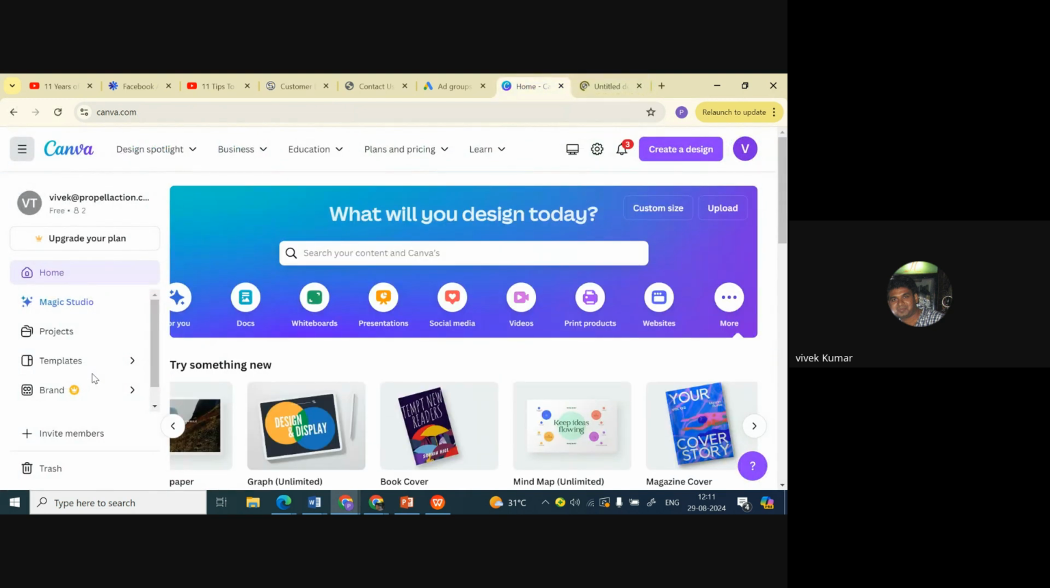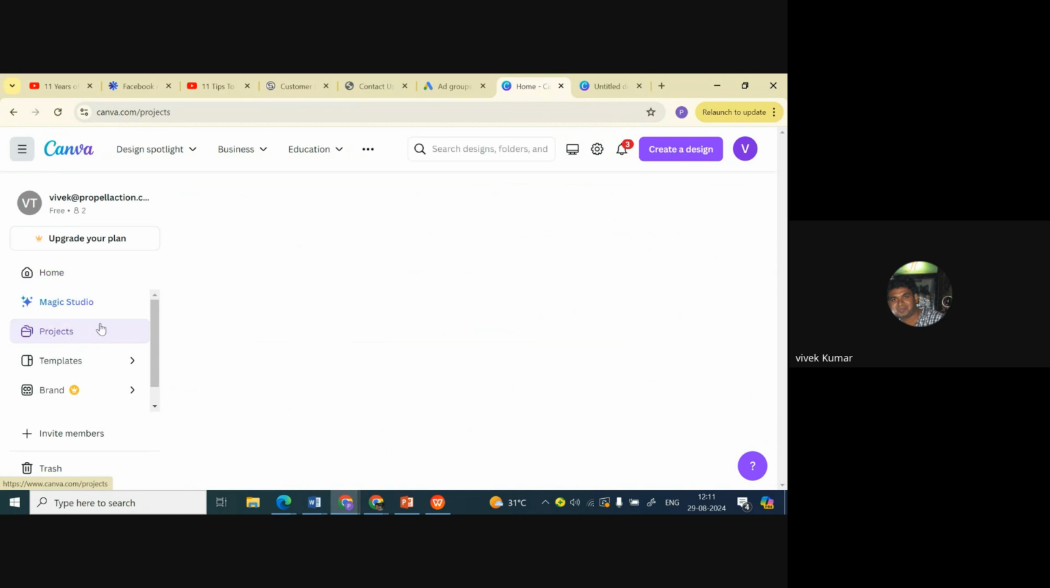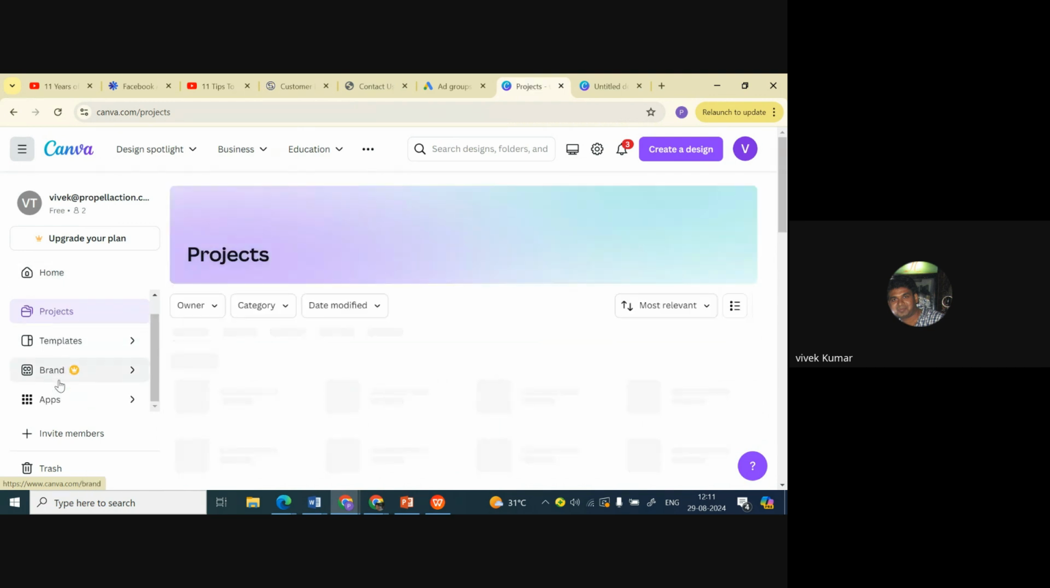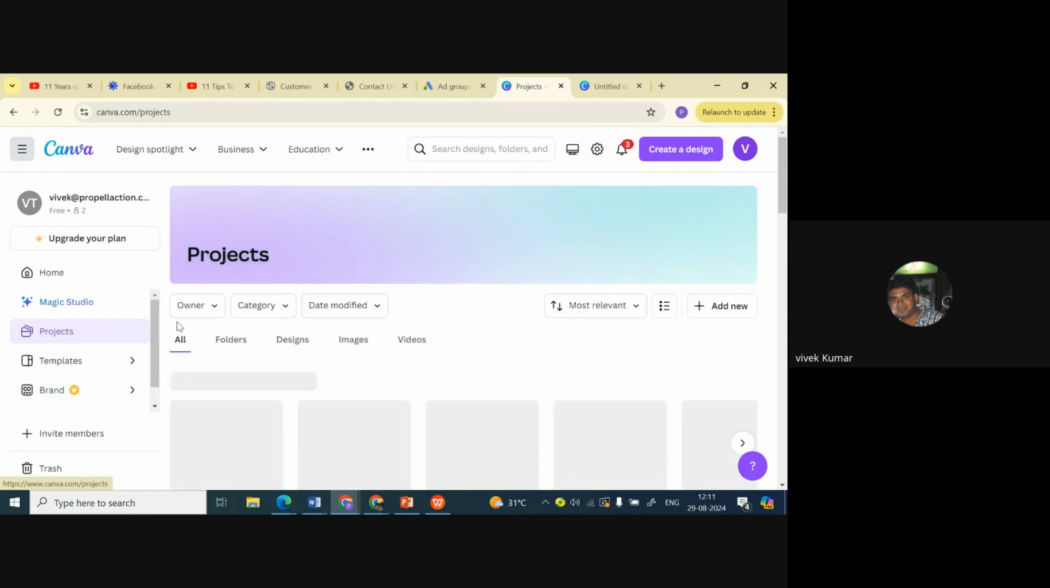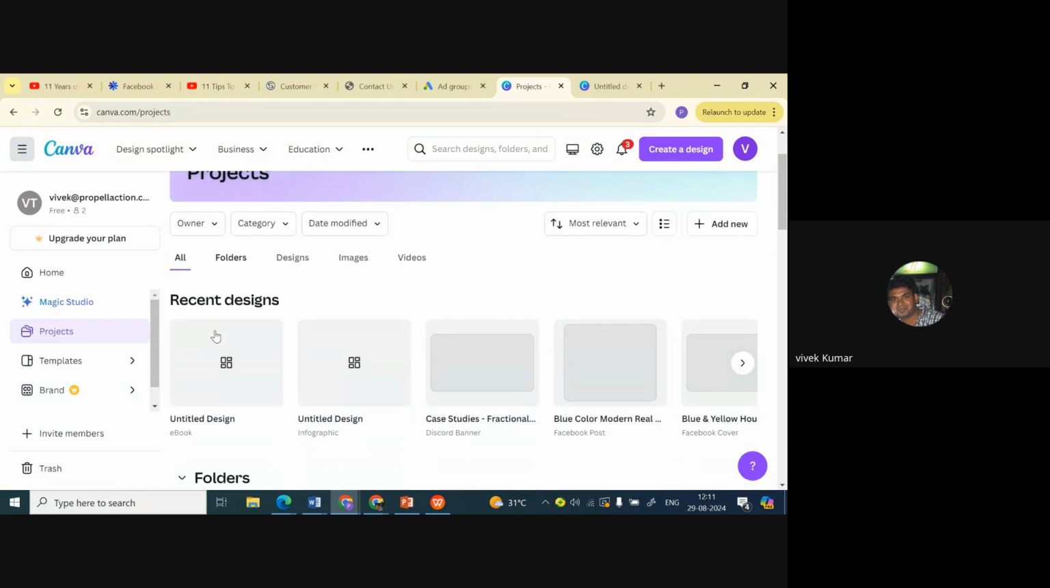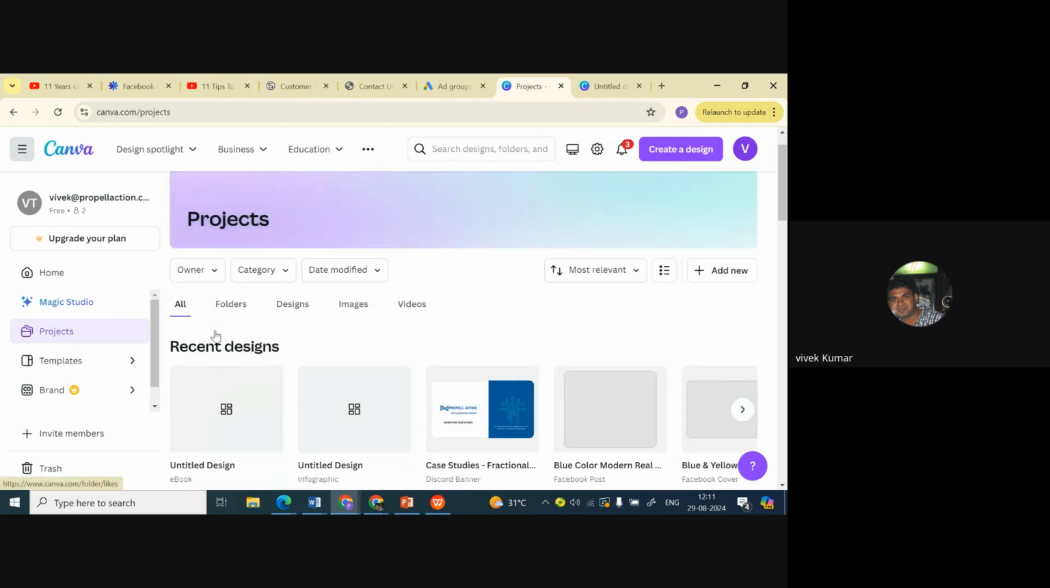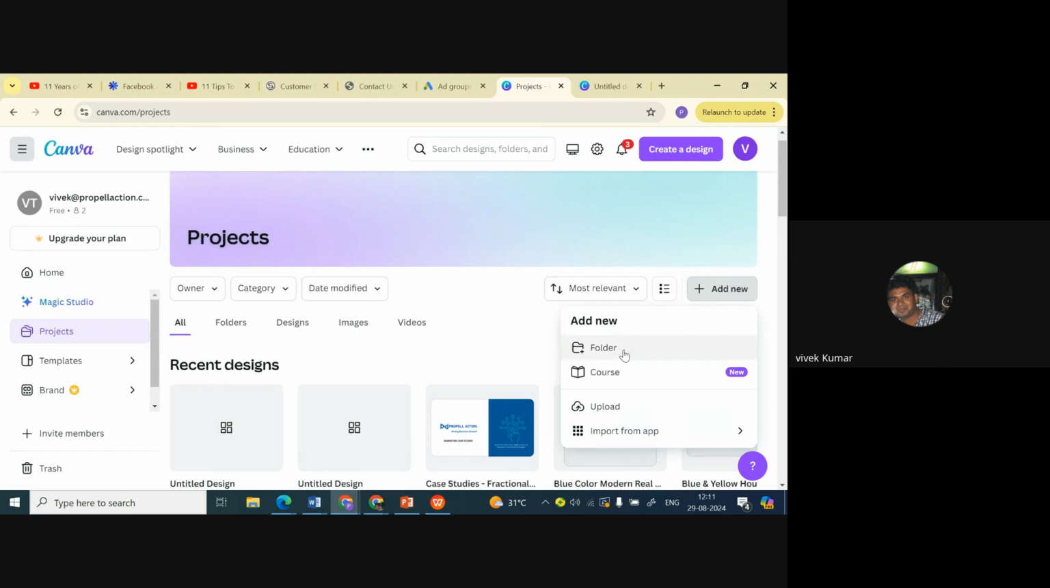Okay. Now, the best way to use Canva would be, if you're using it for your own purpose, then it's fine. You don't need to think about organizing it much. But in case you are dealing with clients and you want to organize the work, the best way would be to create a project. So you can see on the left hand side panel, you'll find the project as an option. So you create a project, and once you create a project, you can start adding designs to that project. Let's say I create a project called